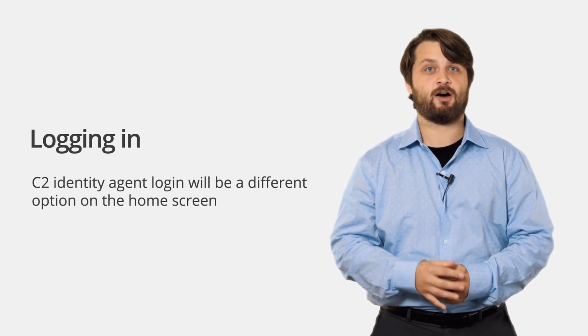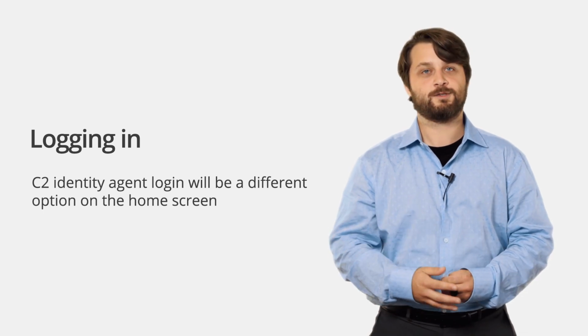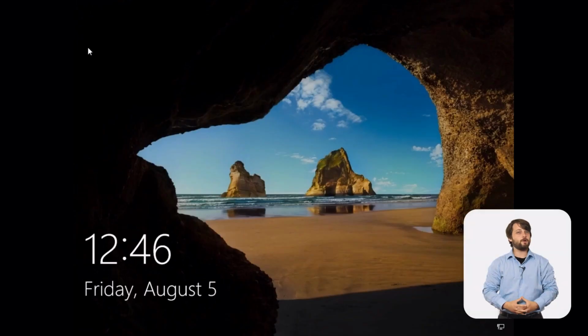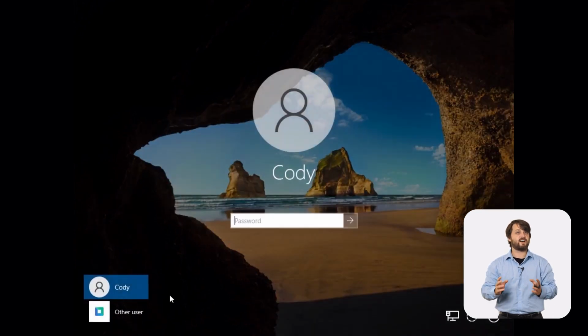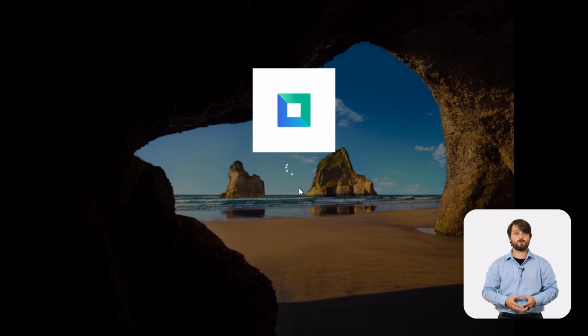So let's take a look at how your end users are actually going to log in to their PCs now through their C2 Identity credentials. So here we are in our Windows device, and this is going to be logging in for the first time for your end users using your C2 identity credentials. And you'll notice on this main menu here, once we begin the sign-in process, there's an option for other users right below your normal user for the PC, and there's the C2 identity logo right next to it. So we're going to click on that and actually type in our C2 identity username and then our password, and then that will get us logged in for the very first time to this Windows device using our C2 identity credentials.